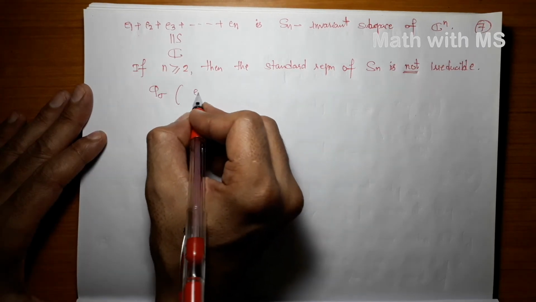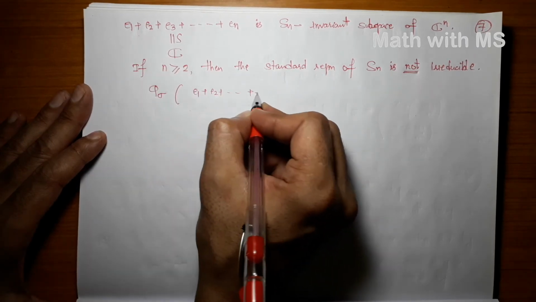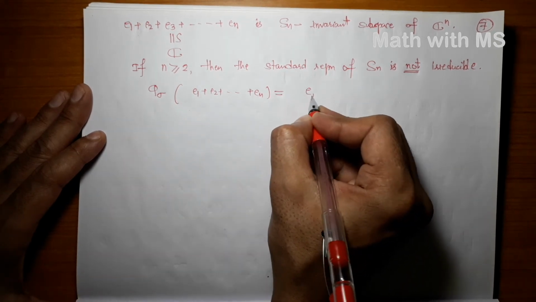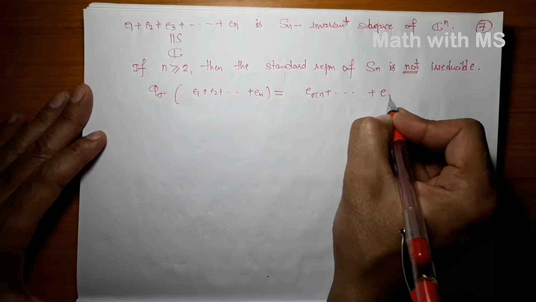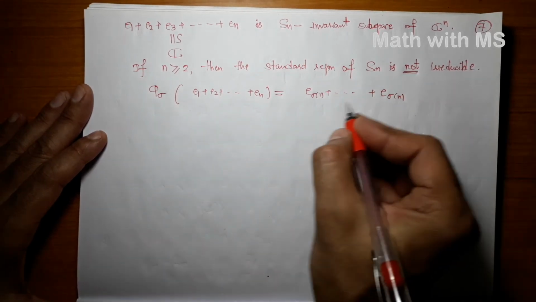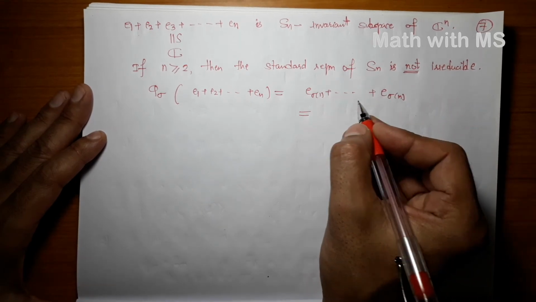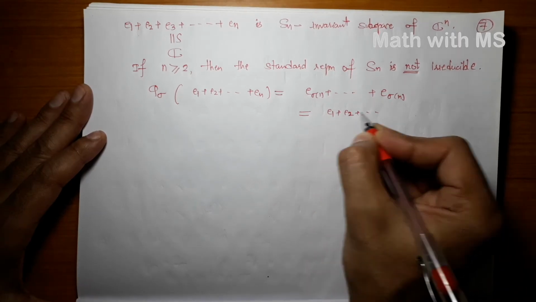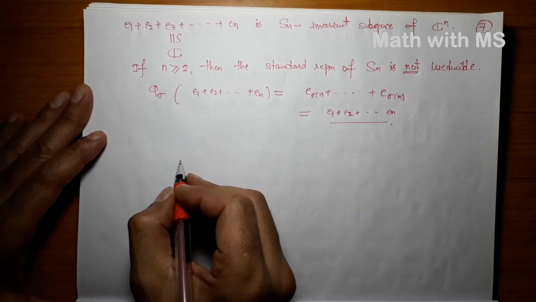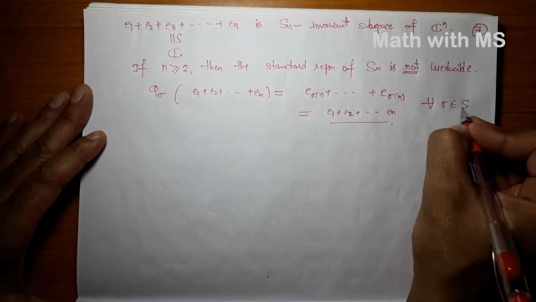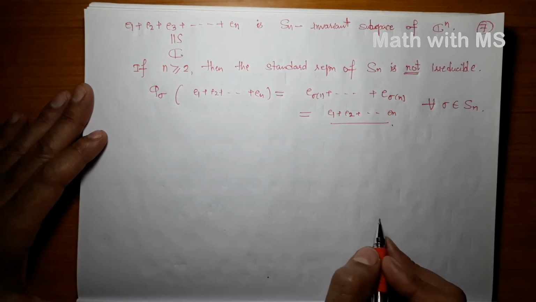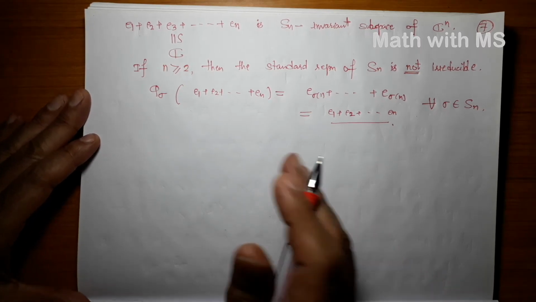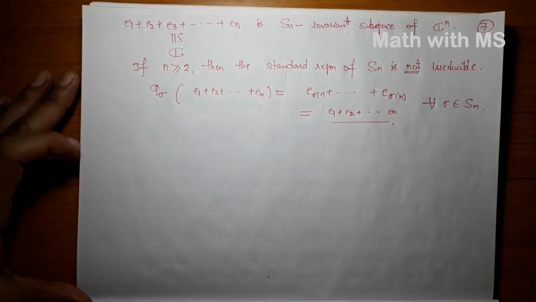phi sigma acting on this vector is what? It is just a permutation on these subscripts, so it is E of sigma 1 plus so on plus E of sigma n, right? But it's just a permutation of 1 to n, and you are working in a vector space which is abelian, so it is the same as E1 plus E2 plus so on plus En. It's again the same vector, right? This happens for every sigma in Sn. So the permutation representation of the symmetric group, for n bigger than or equal to 2, is not irreducible, and later we will see how to really break this into irreducible components.